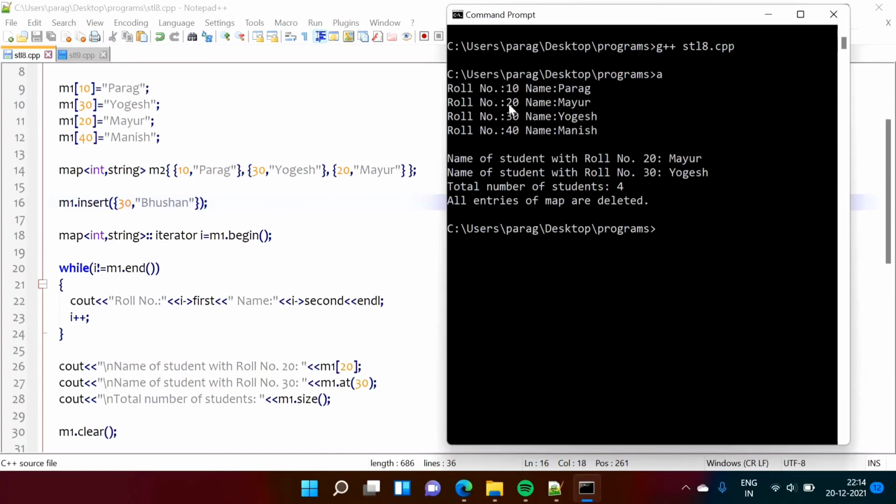Those are not added into the map. Keys are unique, and when we are inserting any pair, if we are repeating, it will not get added into the map, and these pairs are sorted as per the keys.